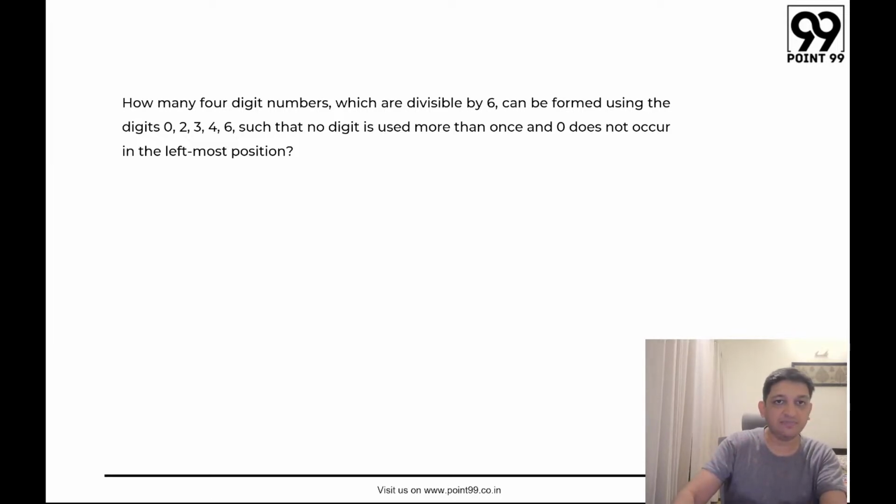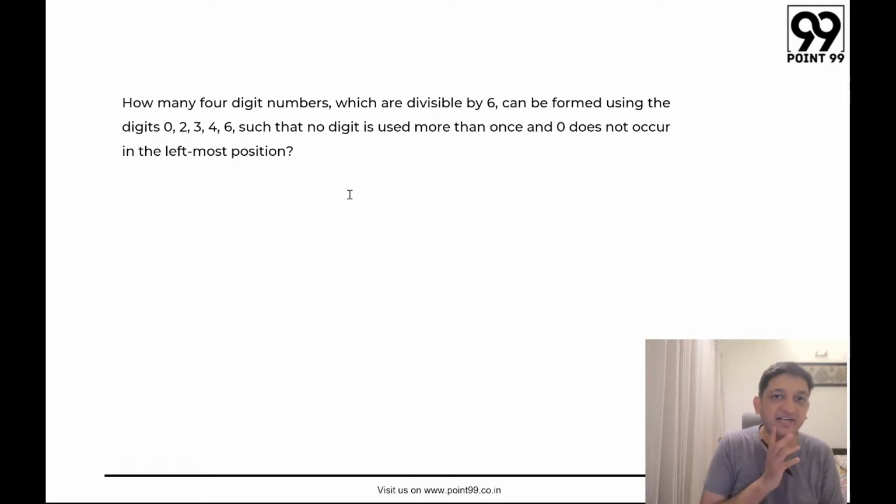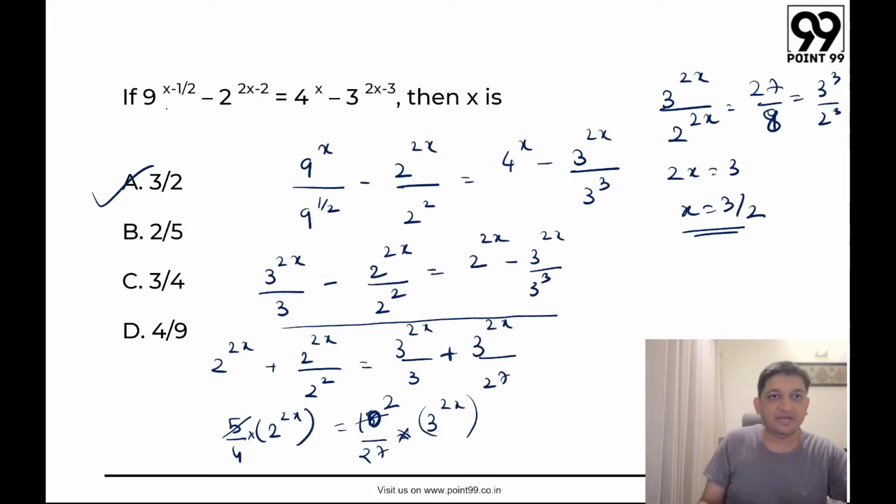Option substitution in the previous one. Okay, let me just check once. You can substitute options into it, yes. So in the previous question you could have done it using options as well. In fact, I think during the test I did it using options. So 3 by 2 minus 1 by 2 will basically be 1. So 9 minus, okay, I'll just go back and I'll show you. So here we can just substitute options and see. So because you have minus 1 by 2 multiplied by 2, ideally you should have some option that is divided